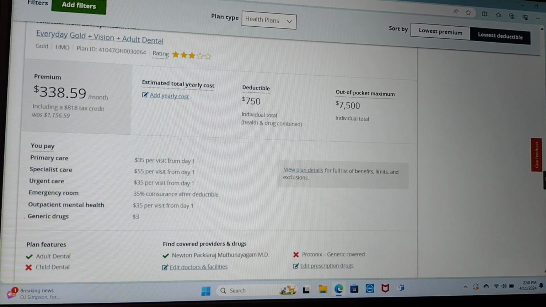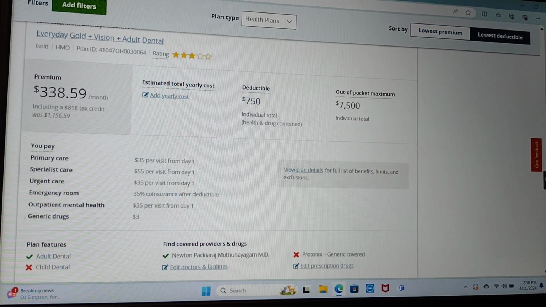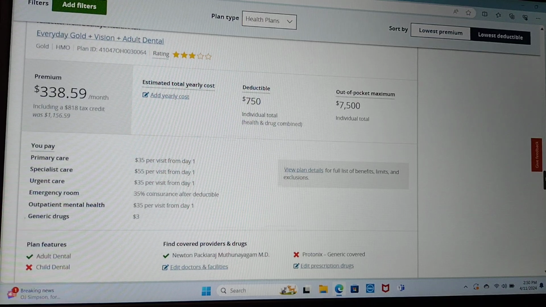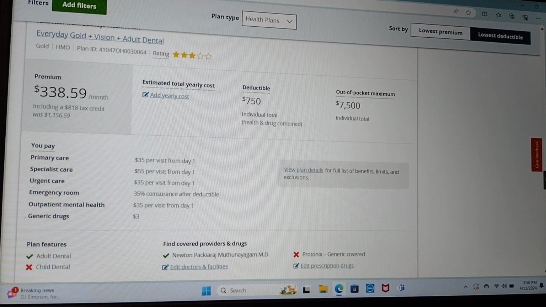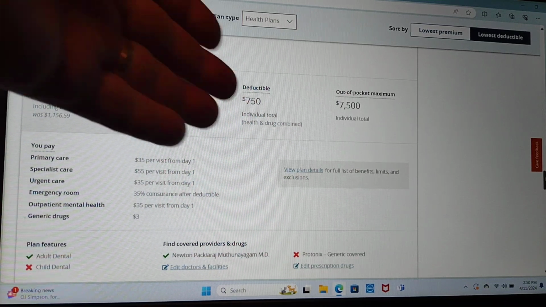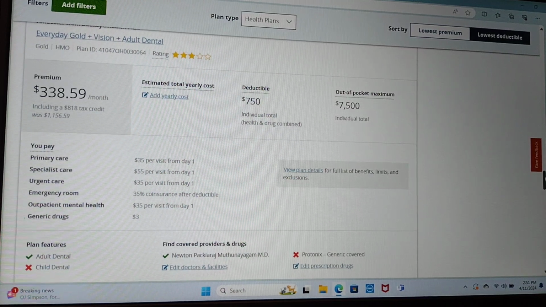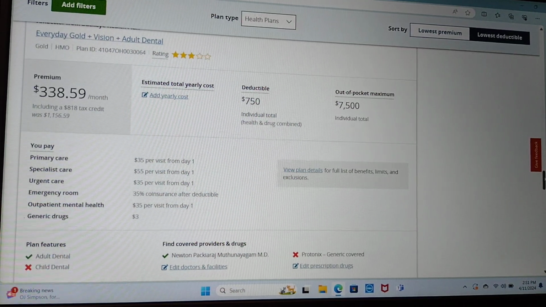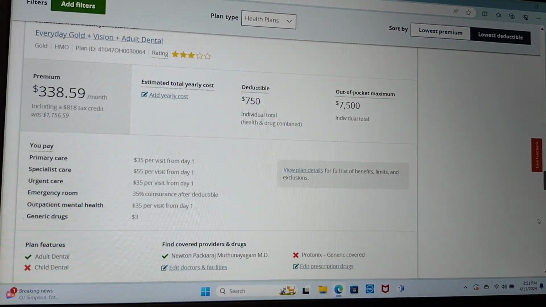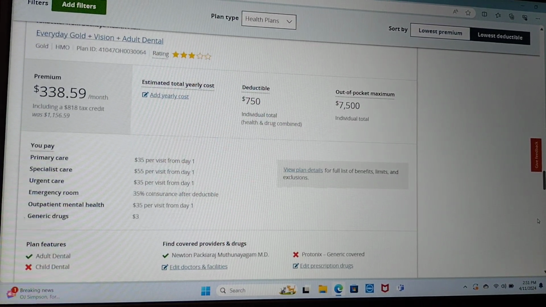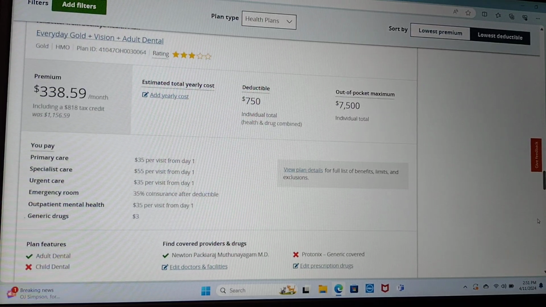Here's one that has adult dental. So again, we'll talk about the adult dental has probably a 50% copay and $1,000 max, but you're paying $338. Your deductible $750. Now this is a gold and vision and adult dental plan that may be something you're interested in. So as you can see, a zero cost, higher deductible, higher cost, lower deductible, and in this particular case, my doctor is covered. I don't know if my dentist would be covered,